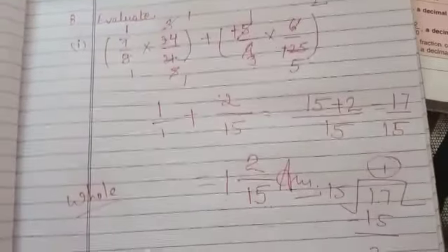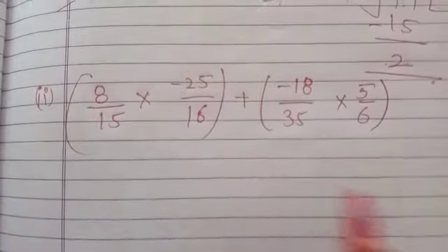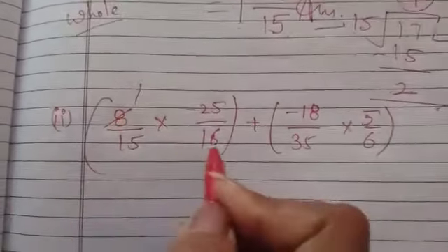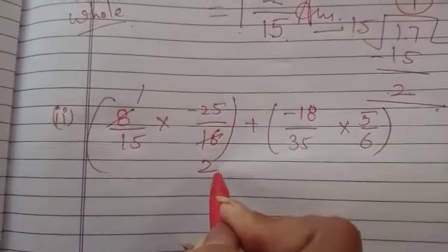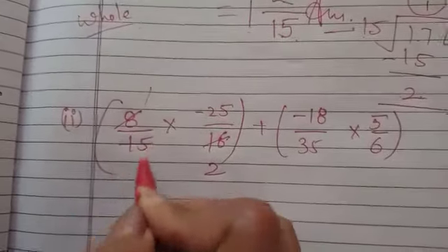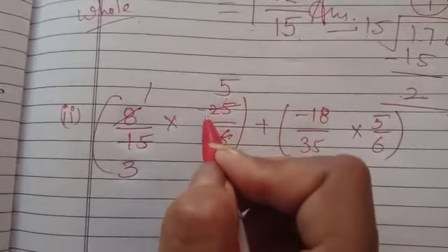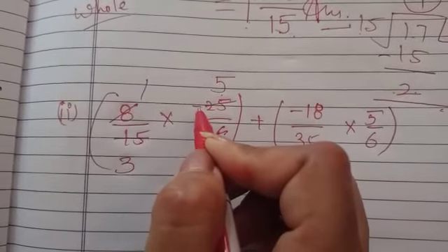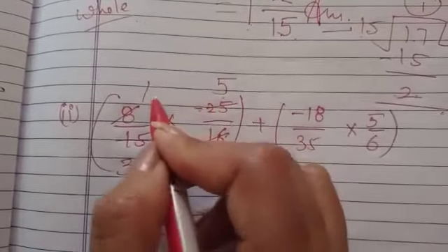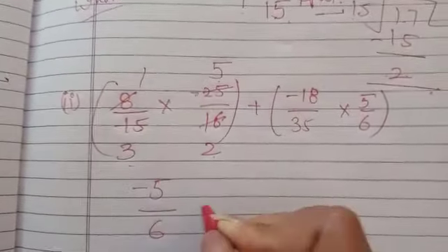So that's the first part. The second part, we will do the same in this question. We will try to cancel the numbers with each other. 8 ones are 8, 8 twos are 16. Now see, both are coming in the table of 5. We can cancel it. 5 threes are 15, 5 fives are 25. Now the negative sign is also there, so it will be minus 5, right? Minus 5 into 1 is minus 5, 3 twos are 6, plus.